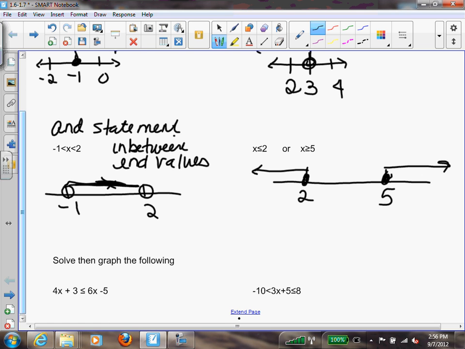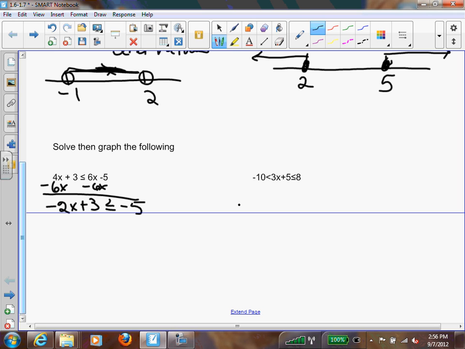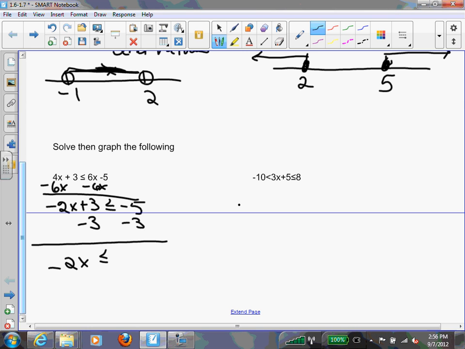Okay, let's look. Solve and graph the following. So we want to solve for x as if we were doing a normal equation, getting your variable on one side and your integer on the other. Because I want my x to be on the left side, I'm going to take that 6x and subtract it. When I subtract 6x from both sides, I'm left with -2x plus 3 less than or equal to -5. I'm going to subtract 3 from both sides, and I'm going to get -2x is less than or equal to